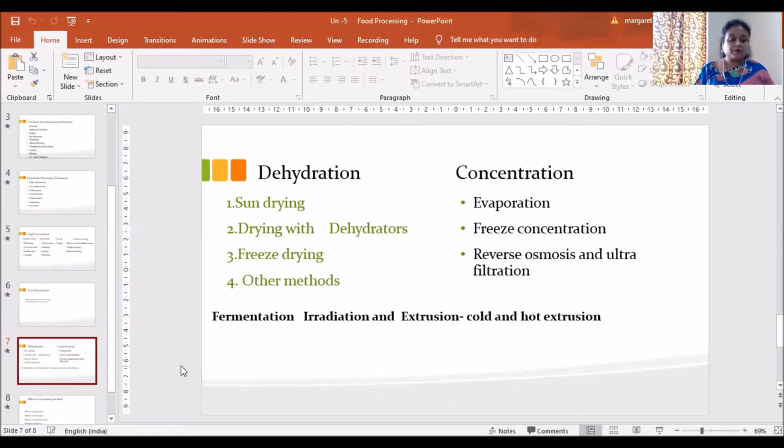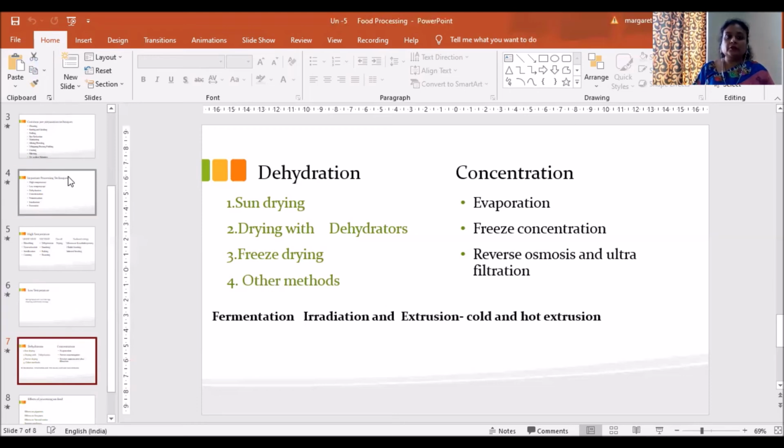Then the next is fermentation. Fermentation is described as the breakdown of carbohydrate-like material, proteins, fats and other structural molecular modification by microorganisms like bacteria, yeast, fungus. Sometimes a combination is used, like bacteria as well as fungus, or bacteria, yeast and mold together, which you will be learning in detail in food safety in the second year.